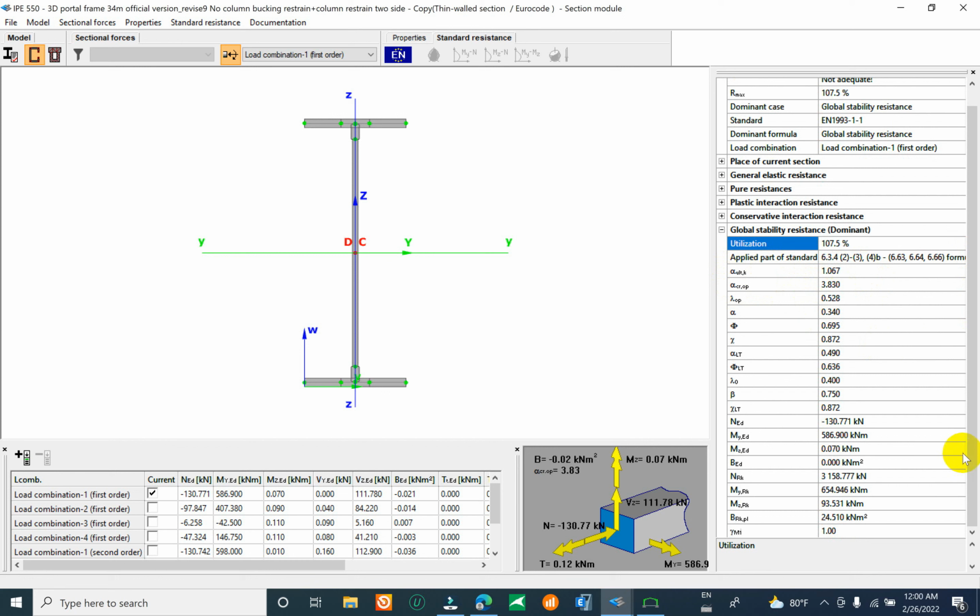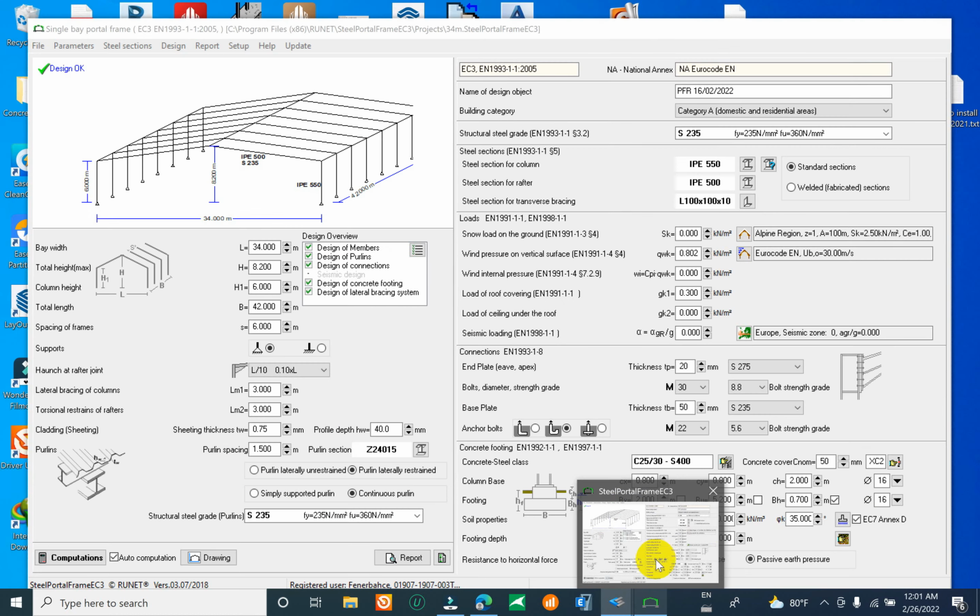Okay, you can see here it is the resistance about YLC, okay, is 654.94 kilonewton meter. Okay, the cross resistance about the moment is this one, and you can check with the